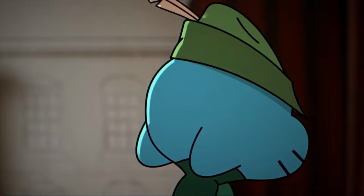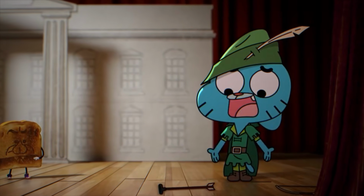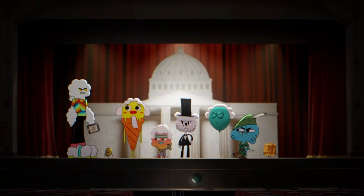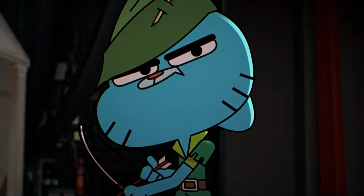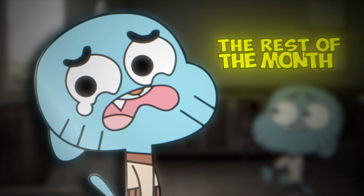Gumball is auditioning for the school play when he disappoints Mr. Small with his terrible acting and Robin Hood outfit. Gumball complains that the play is boring, and when Mr. Small asks him to audition properly, Gumball decides to give him a literal headshot by shooting a toy arrow straight at his head. In Principal Brown's office, Gumball gets detention for the rest of the month for shooting an arrow